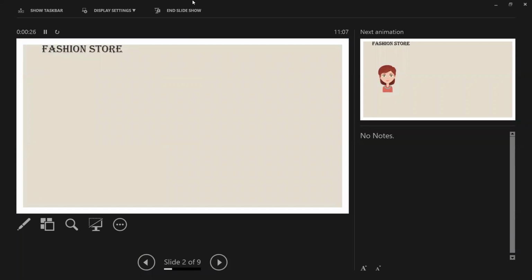Okay. So imagine there is a person. I'm just giving her a name called Ria. It could be any person. So she's interested in opening a fashion store in India across 3 different states.